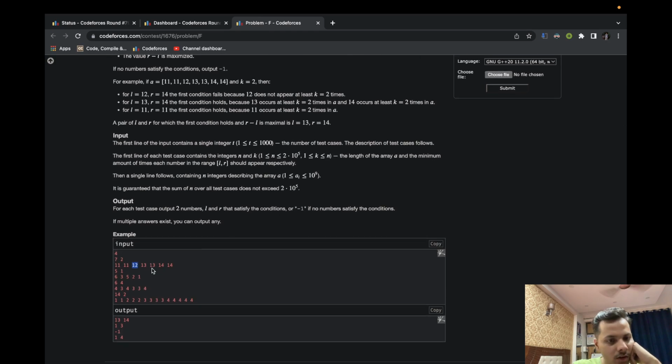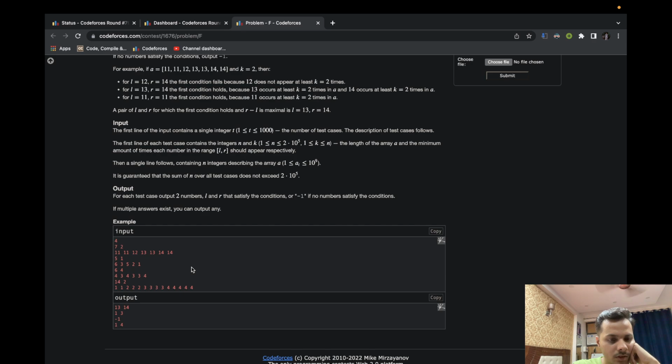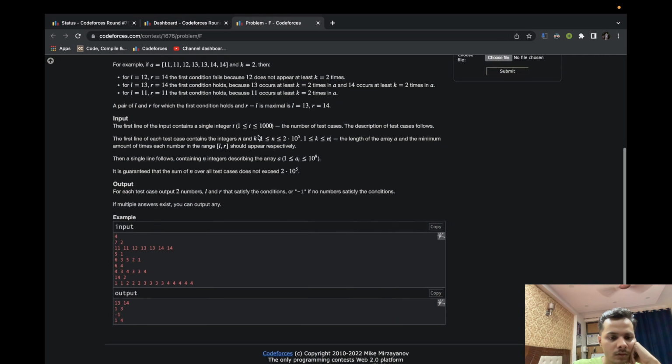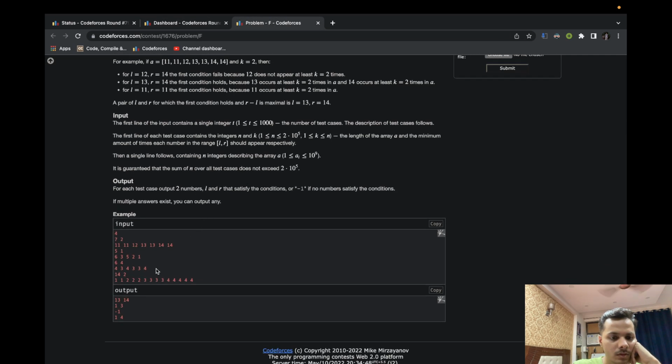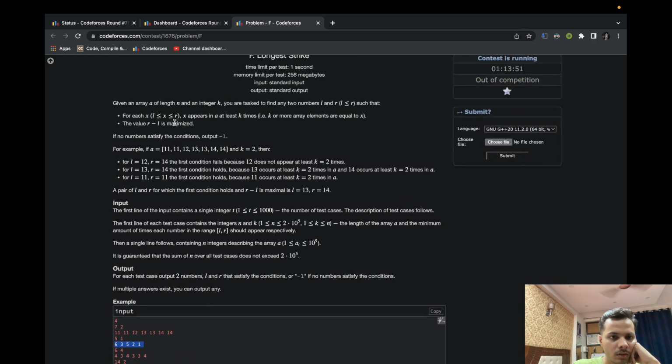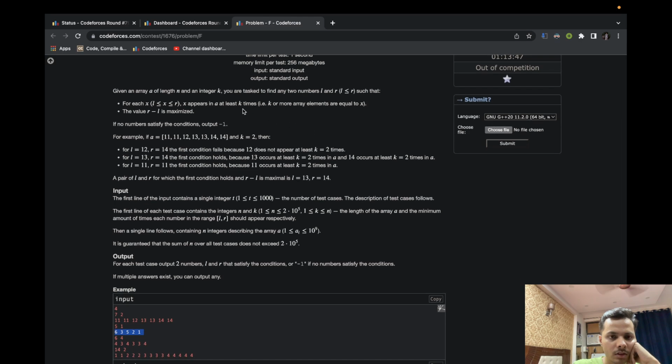Okay, wait a minute. Why is the answer not 1 and 5 here? Am I missing something or what? Okay, you are asked to find two numbers L and R such that X appears in A at least k times.